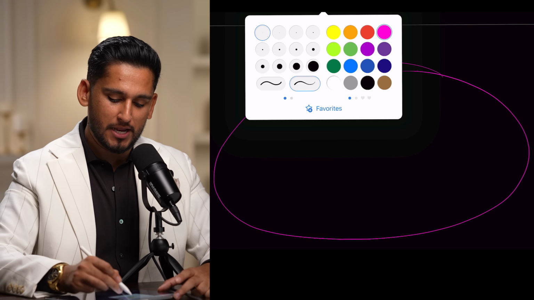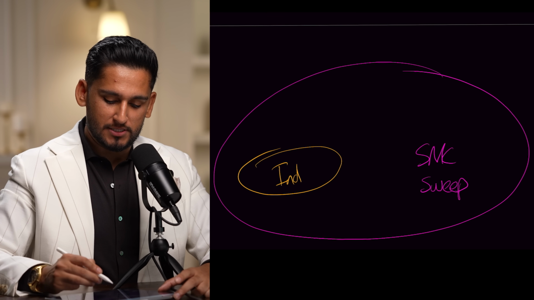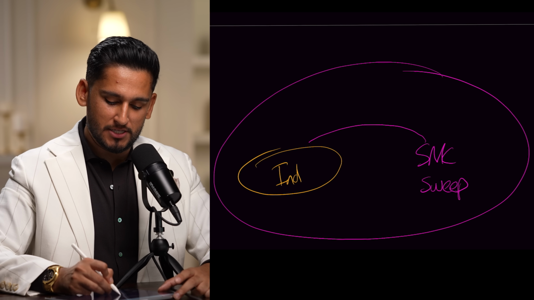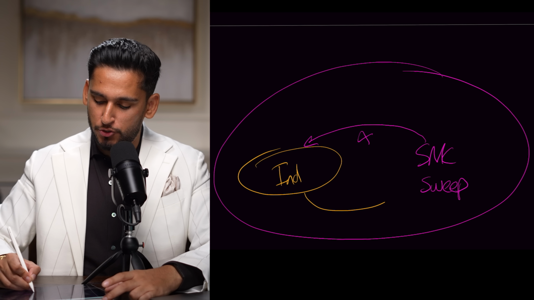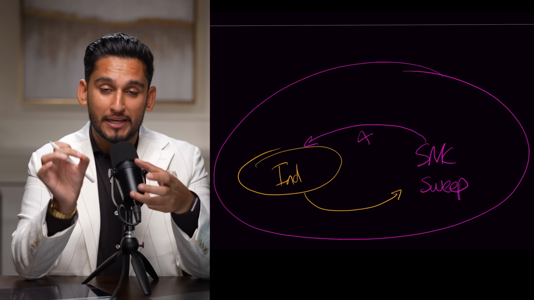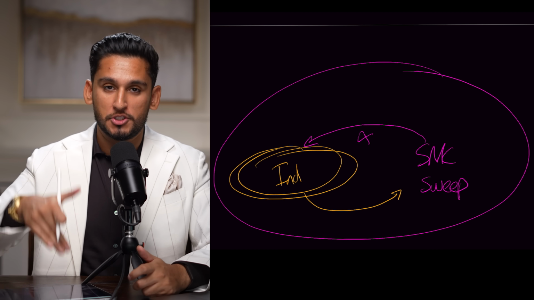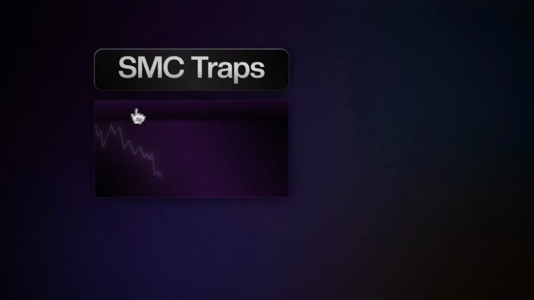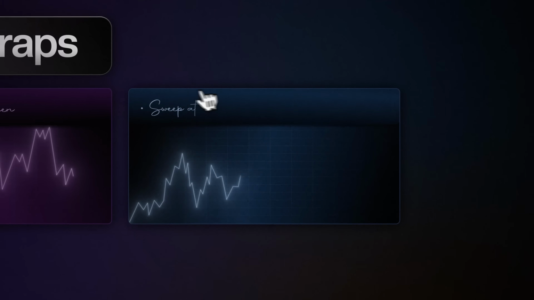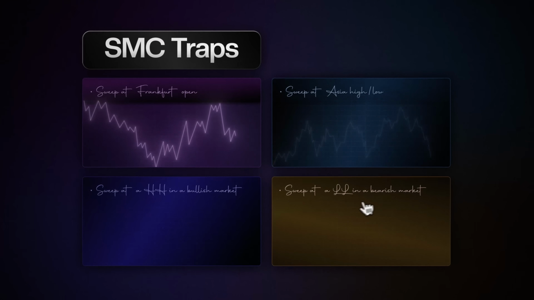Just so you know, inside all of the SMC sweeps that exist, there exists a portion called inducements. This is meaning to say, not every SMC sweep is an inducement, but every inducement is an SMC sweep. So when you trade SMC and it works out, it's likely you found an inducement. You are trading the profitable portion of smart money sweeps, which is known as inducements, but the greater pool of sweeps often contribute to the losses you take, which is often going to be smart money traps, which you can foresee. For example, a sweep at Frankfurt Open, a sweep at Asia high or Asia low, a sweep that is a higher high in a bullish market or a lower low in a bearish market.